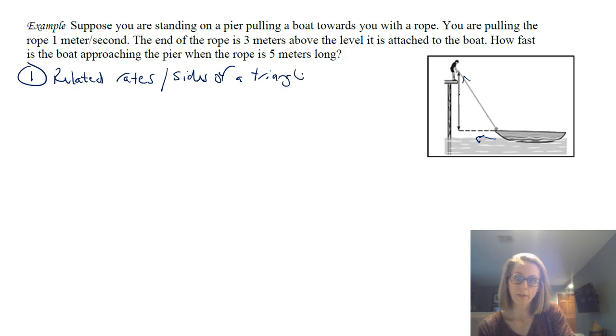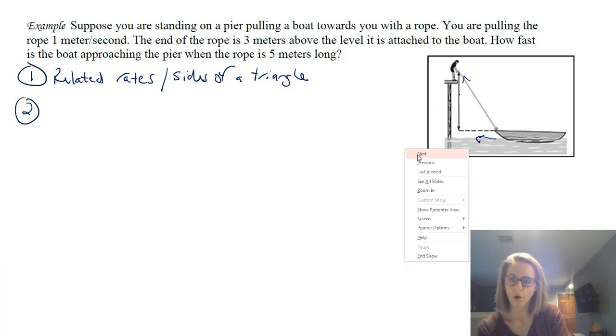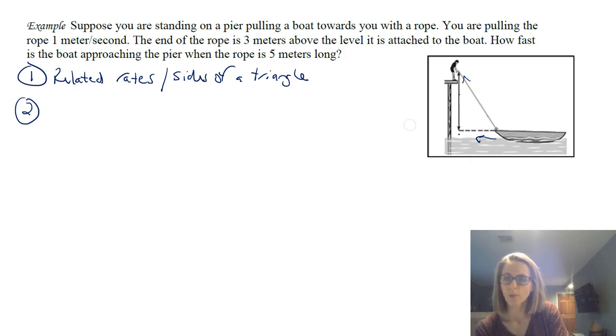And so that is the key thing to see with this picture, that what you have is a triangle that is being created. And once you've seen that, the next step, if you can create the picture, because there are some different pictures for this, is to think about what sides are moving and what sides are not. So we see that as the boat is being pulled in this direction, this side is moving. So I'm going to call that side X. The rope, as the person is pulling it, is getting shorter. So I'm going to call that Z.